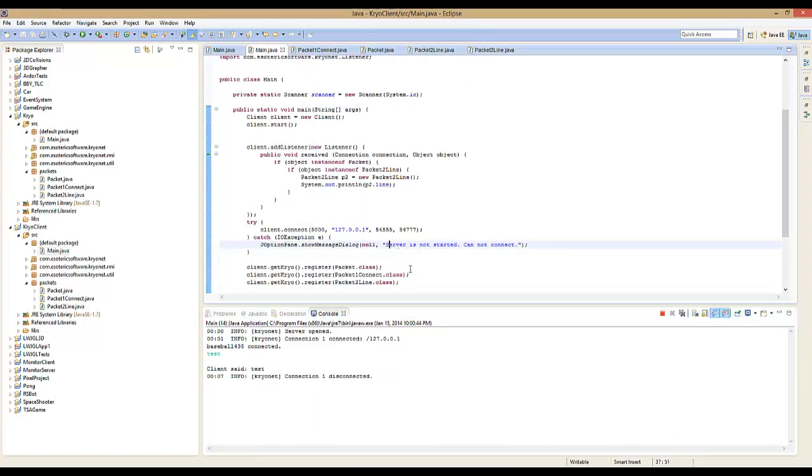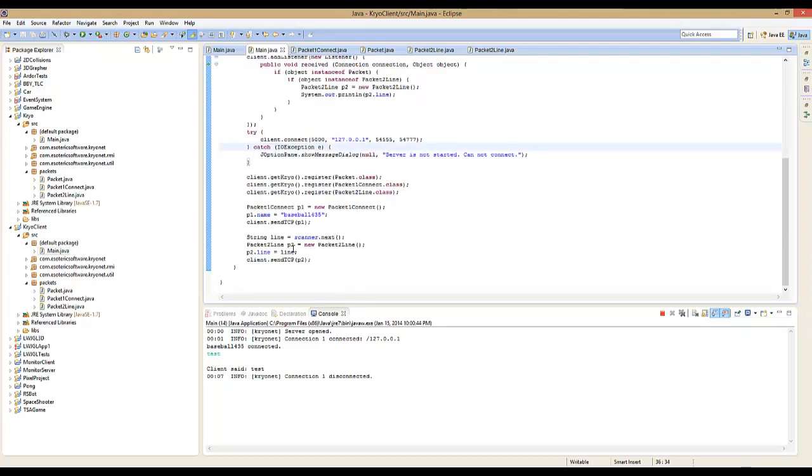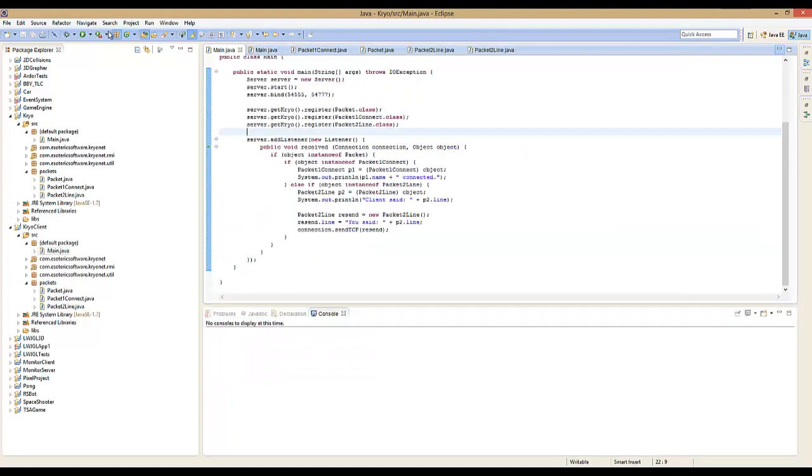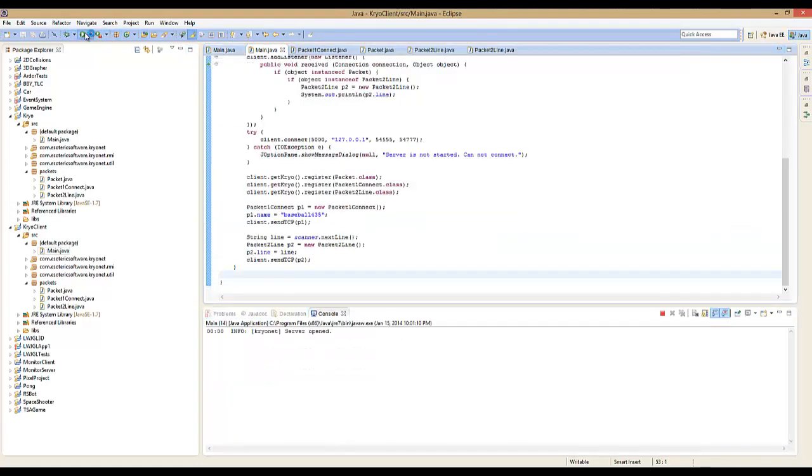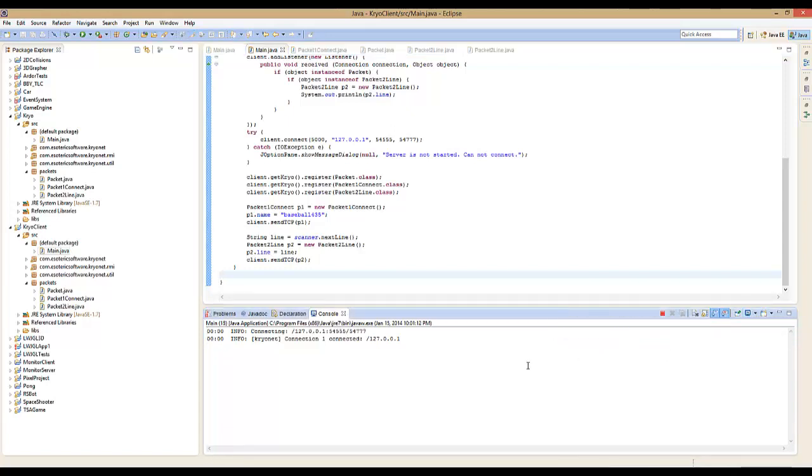Pretty much what I was doing is I was typing it into the server, and that's why it wasn't working. So I feel pretty stupid. So it should work with no issue. So what I was saying was, if we run the server and the client at the same time, and make sure that we are on the client one, and you just type in "Hey there, sir," it should say "Client said hey there, sir." And now if you go back to the